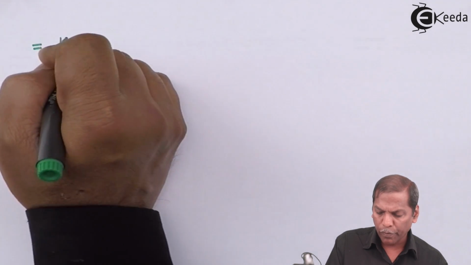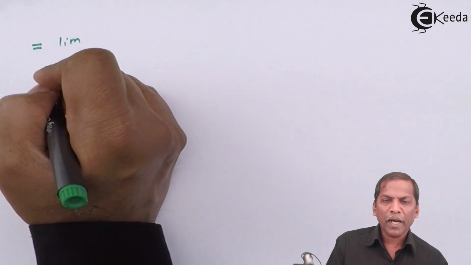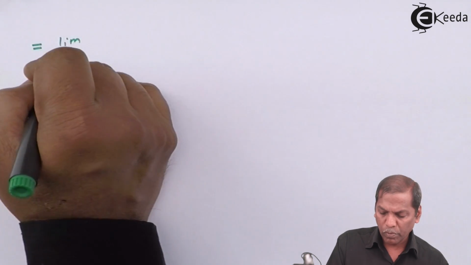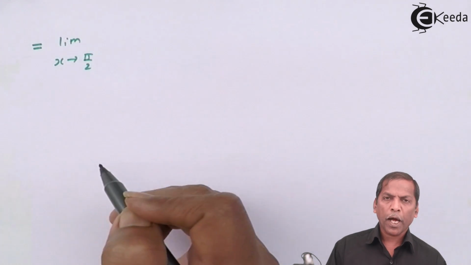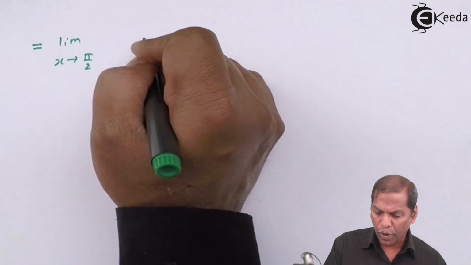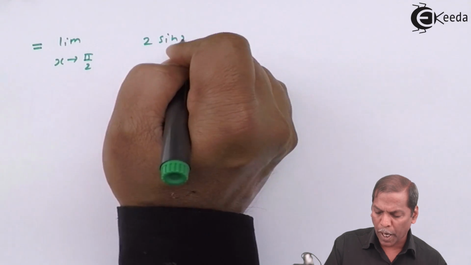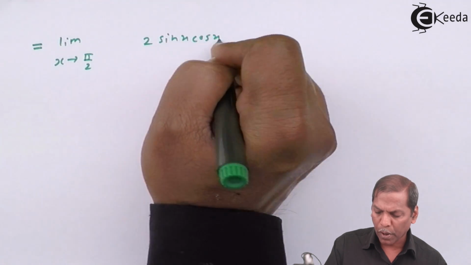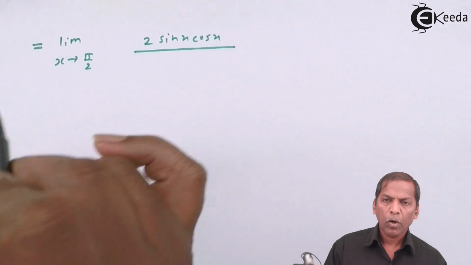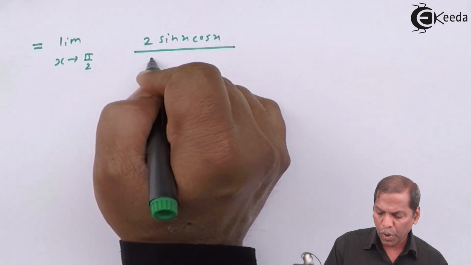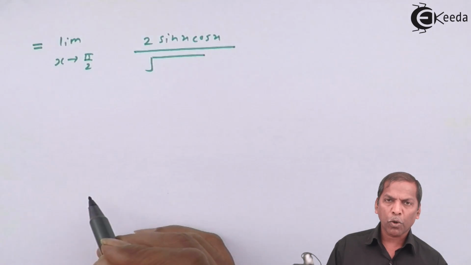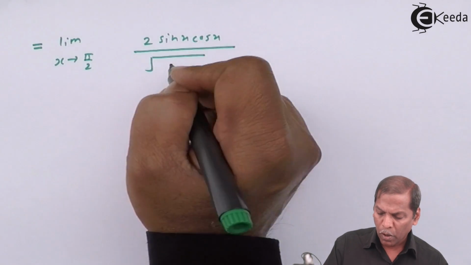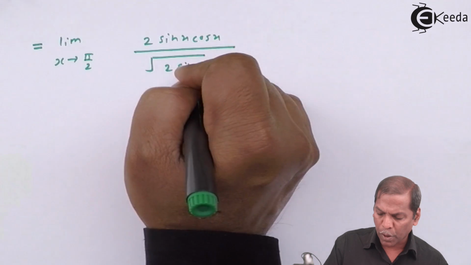So that is equal to limit x tends to pi by 2. Now for sine 2x we use the trigonometric formula, that is 2 sin x into cos x, whole thing divided by square root of 1 minus cos 2x, that is also by using the trigonometric formula we get 2 sin square x,